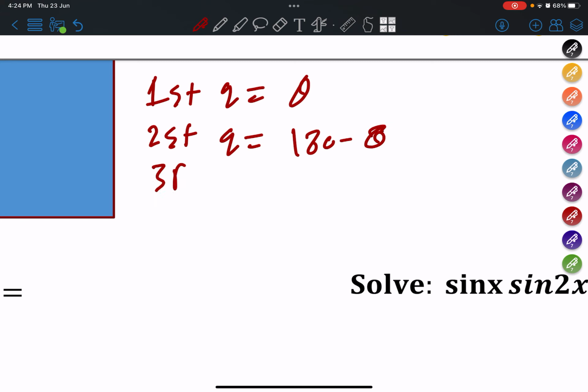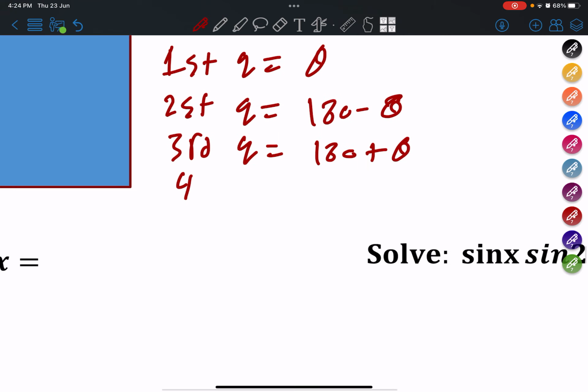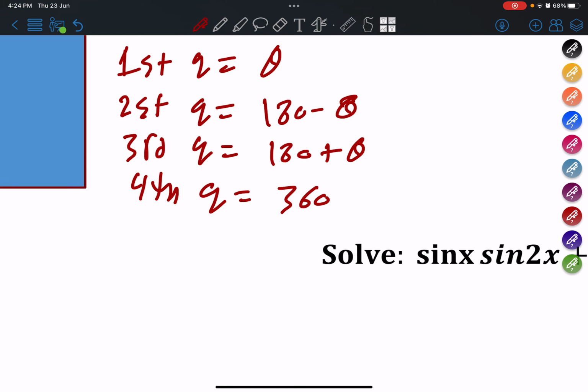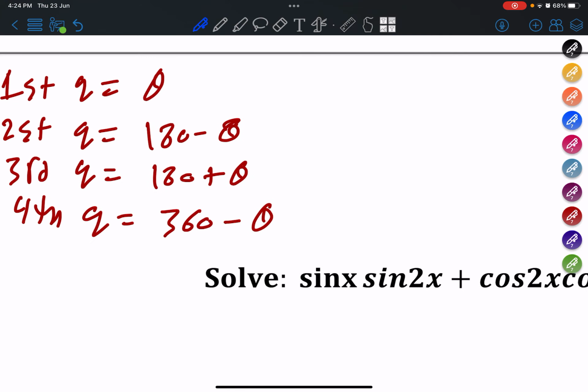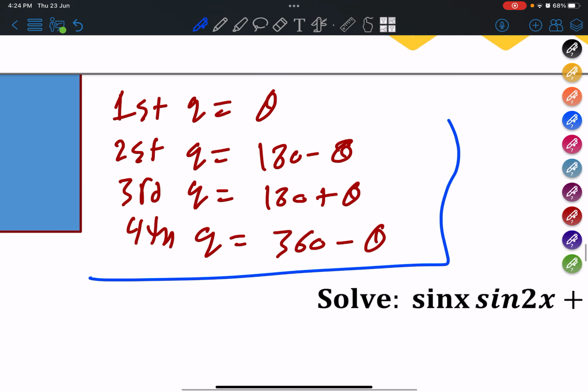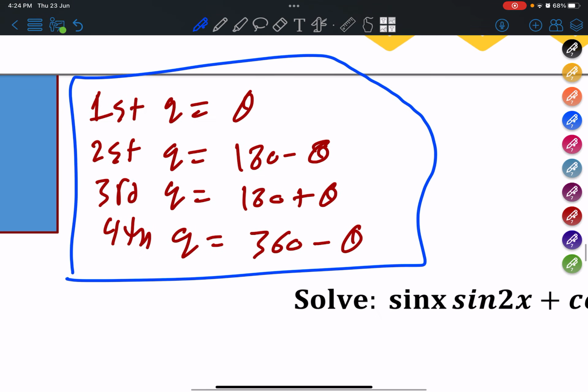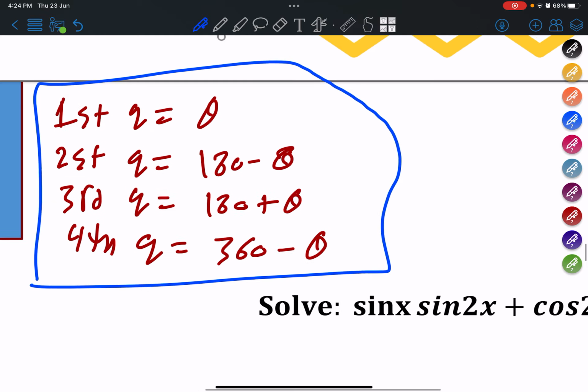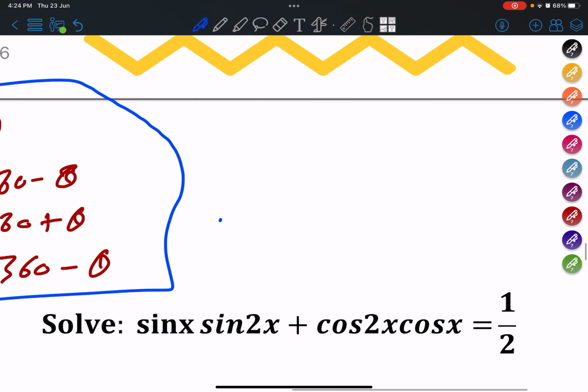Again, with the third quadrant, it will be 180, but this time plus the angle. And finally, if you want to get in the fourth quadrant, it will be 360 minus this angle. So this may not make any sense now, but it will make sense in a bit once we start solving the questions. So this is the first formula that we have to remember, or four formulas actually that we have to remember. Now to the second idea, which is